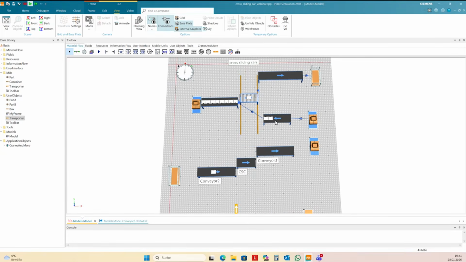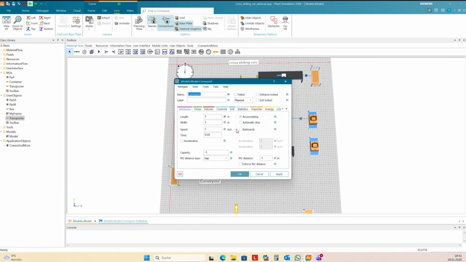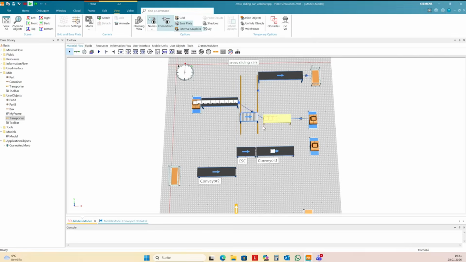It only doesn't work if you go backwards here on the cross-sliding car.